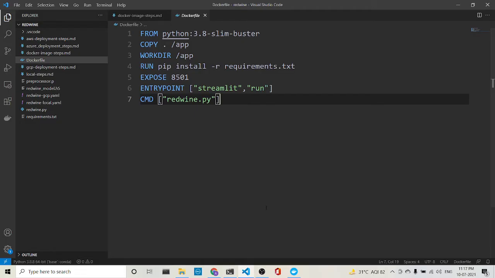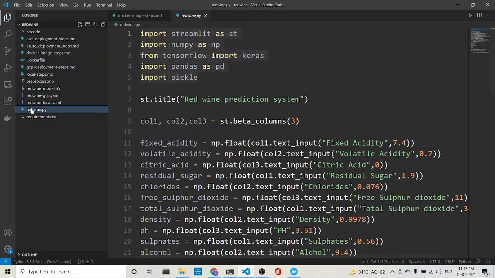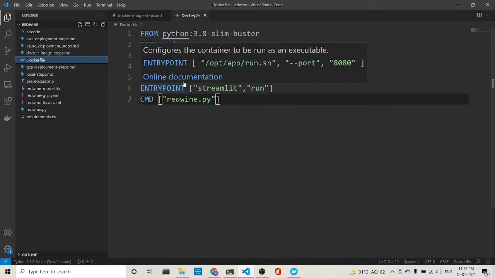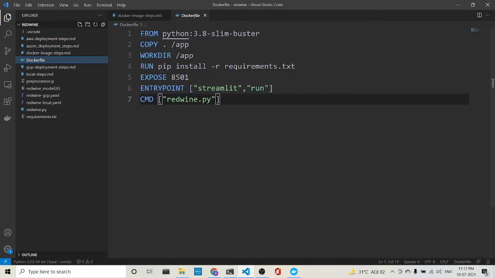Here we would create a container image for the red wine project. So in the Redwine project, we had redwine.py and we had seen it running, how it works and so forth. So now what we will do is that we will create a container image. So the first sentence in the Docker file which we are going to create is that